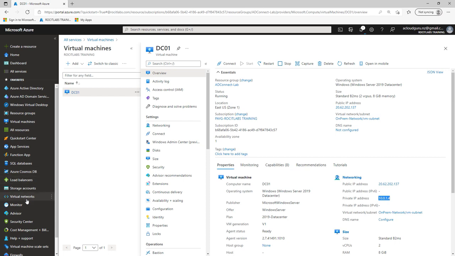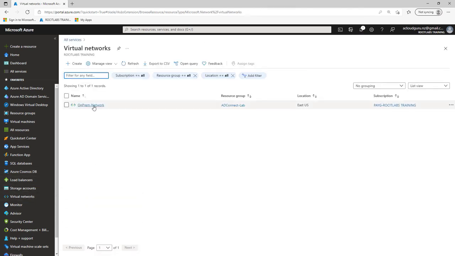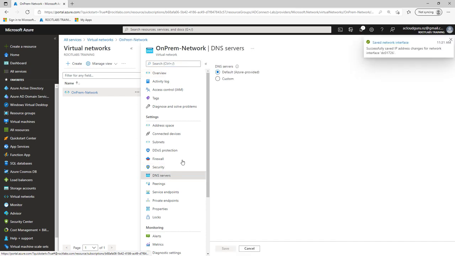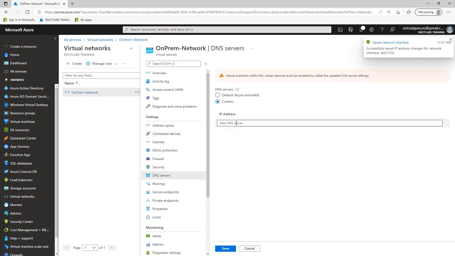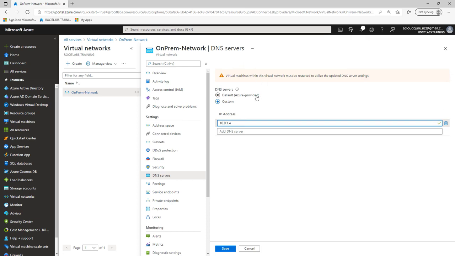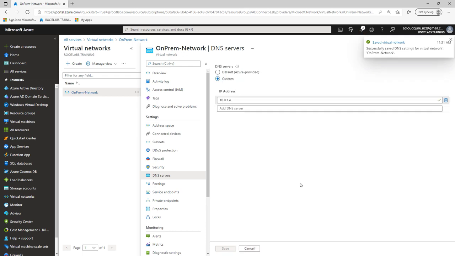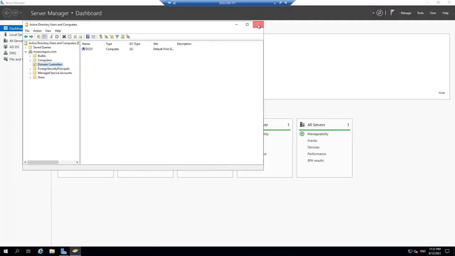Again, I'm going to move over to virtual networks. I'm going to go to the on-prem network. I'm going to go into DNS servers. I'm going to select custom, and I'm going to paste in that IP address, because I don't want to use the Azure provided DNS, because my AD Connect won't work. So I'm going to click Next, and I'm going to go ahead and save that. And now that is saved, I can go back into my server, and we can go ahead and close this down,